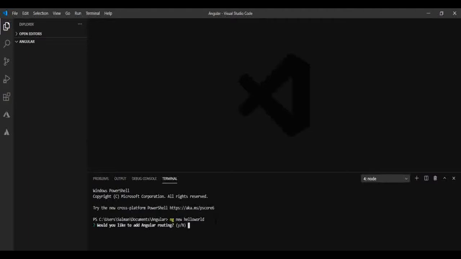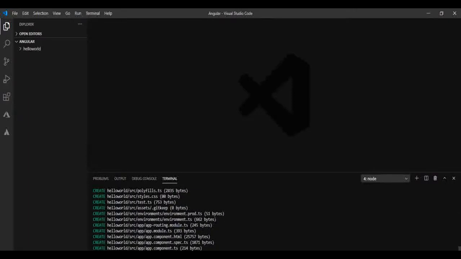It's going to ask you whether you need Angular routing or not. In my case I am writing just Y, that is yes, and then press enter. After that it will ask the type of stylesheet format. I am choosing CSS.